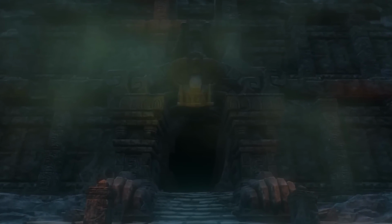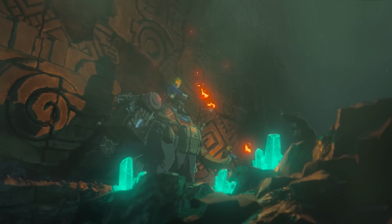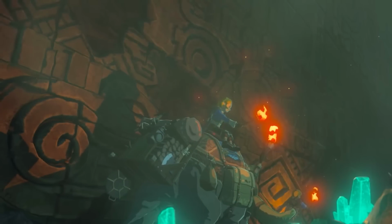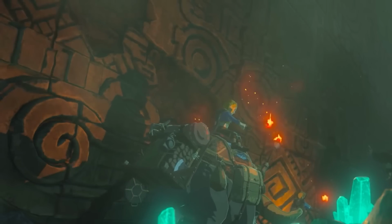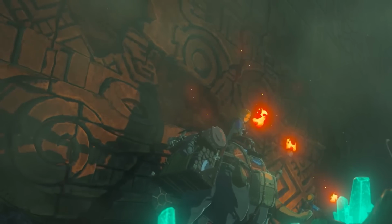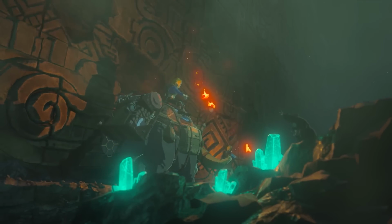A bit further ahead in the trailer, we see the entrance of a large temple structure with a descending staircase. I feel that this is the original entrance to the caverns found beneath Hyrule Castle. This could have then been followed by the shot where Zelda and Link, atop a Don-Don, pass through a narrow path where a large stone wall can be seen, which is not anywhere in the final version of the Forgotten Foundation beneath Hyrule Castle. The way from the entrance to the imprisoning chamber could have been very long early on